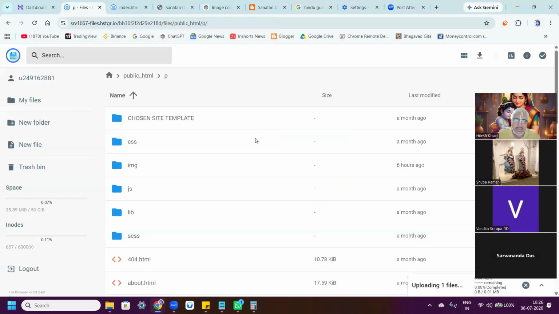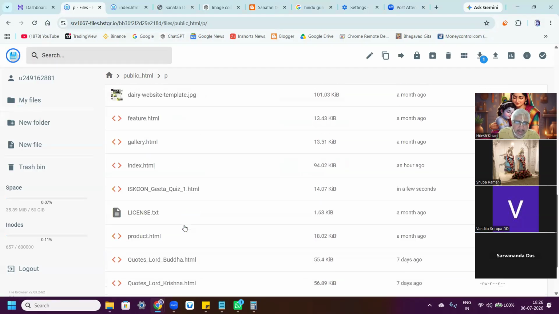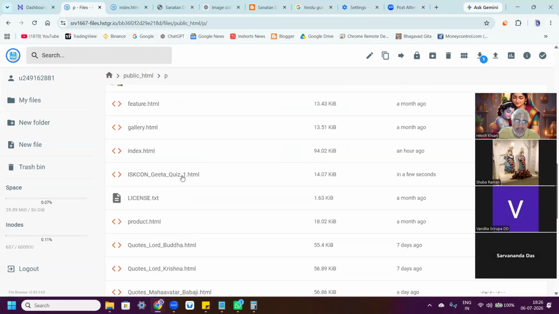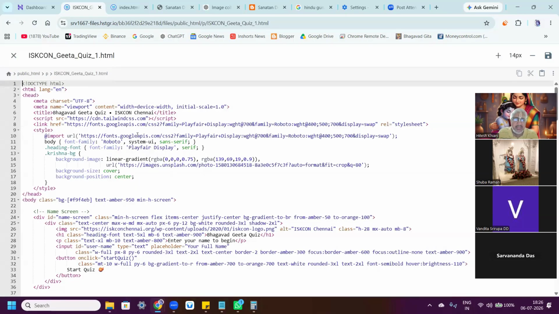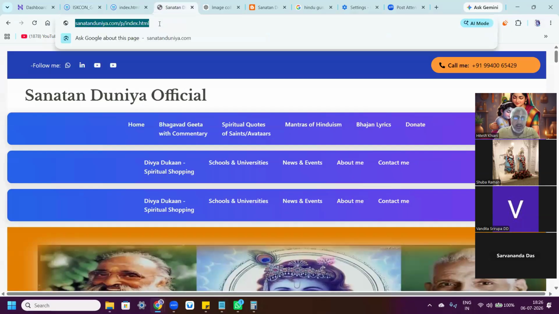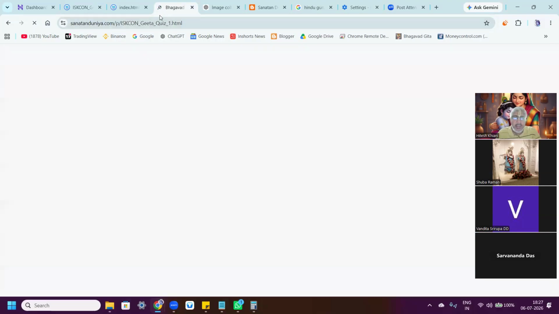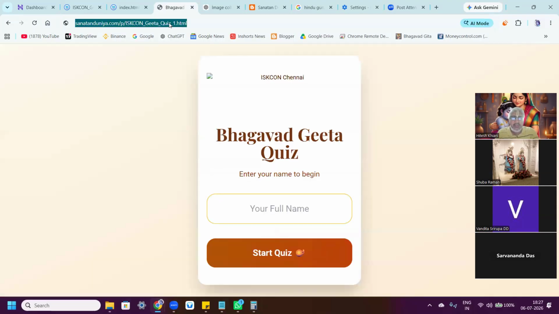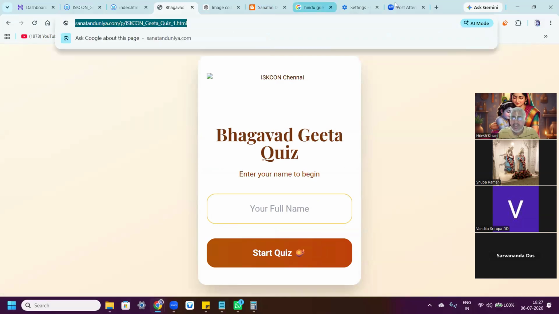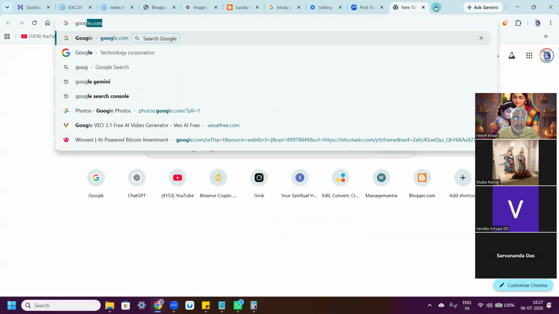Iskcon Gita quiz. Now, if I come to that Iskcon Gita quiz and double click and open this, the code is coming for me, but basically the location of this file will be sanatandunia.com/p/Iskcon Gita quiz. So this is a pretty long URL. Nowadays we have free URL shortening services. We will go to Google and say